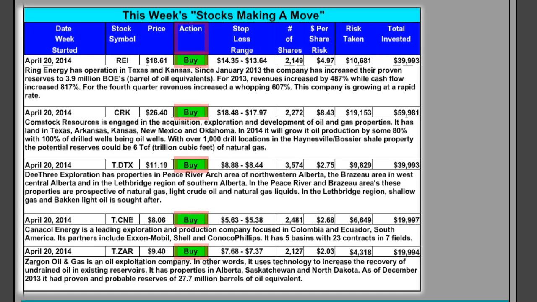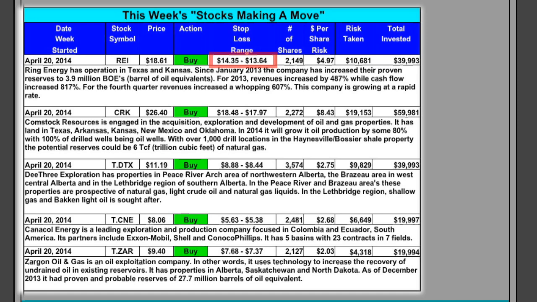The action column will either show a buy or a short. In this case, all 5 stocks are a buy. The stop-loss range displayed shows a price range to which you would set your stop-loss order immediately after purchasing the stock. A stop-loss is an order to sell your stock at a predetermined price. If the price gets to that level, it will automatically be sold. For REI, it's anywhere between